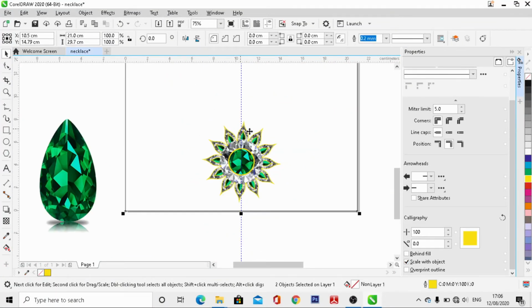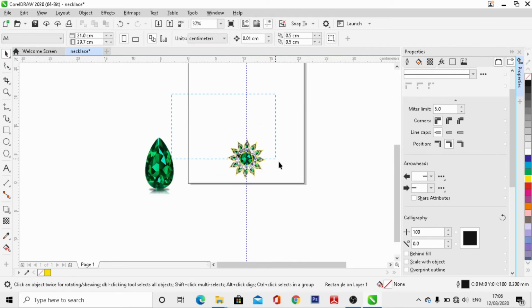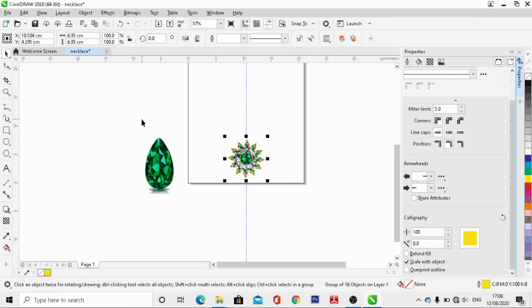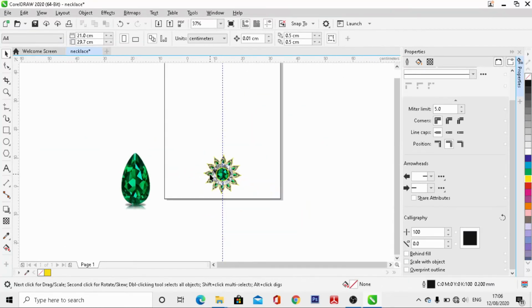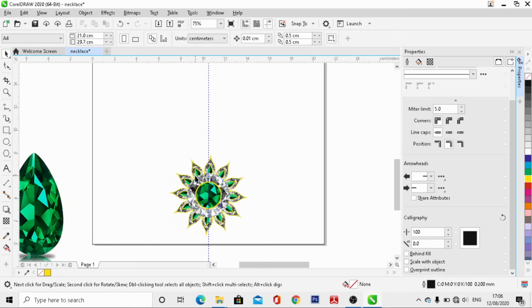Now we can see that the pendant of this jewelry has been completely designed. So we have to select the entire pendant and we have to group it. Now it's okay. Now very important parts we have to design, that is called the band of the necklace